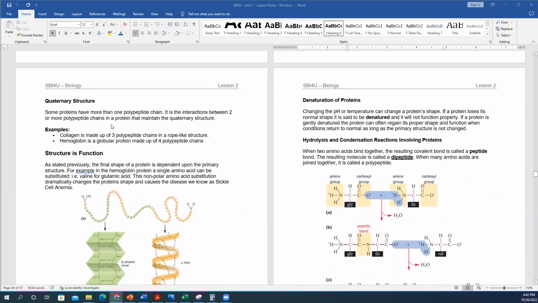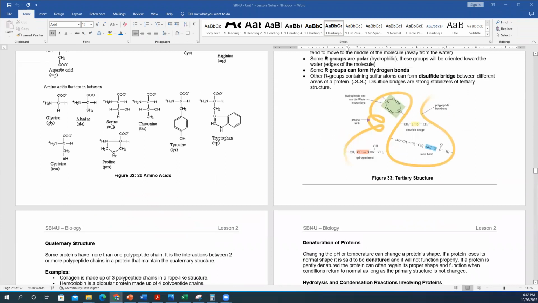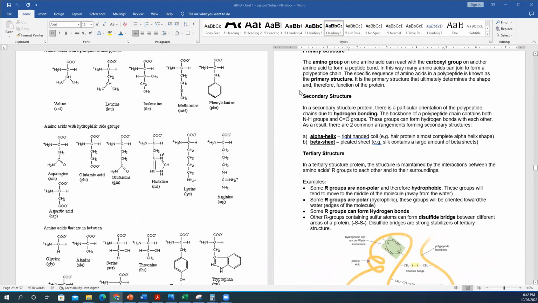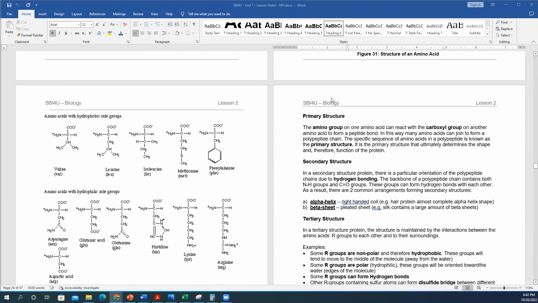And then based on that, the next level of complexity that we have, if you recall, was the secondary structure. As you guessed, that's how it goes: primary, secondary, tertiary, and quaternary. And in the secondary structure, because of the ability for these amino acids to form hydrogen bonds with each other,